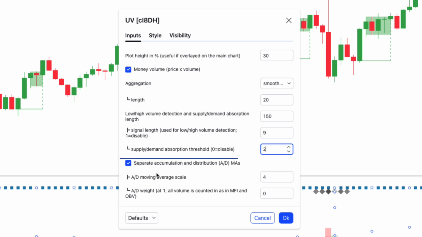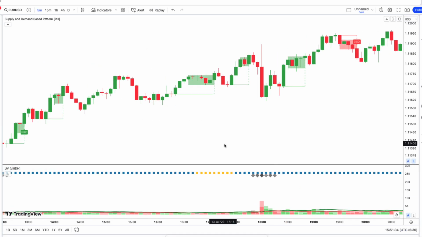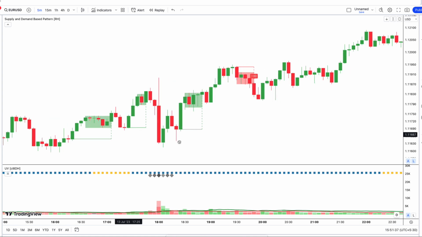Finally, activate the option Separate Accumulation and Distribution and adjust AD Moving Average Scale and AD Weight to 4 and 0, respectively. These settings fine-tune the indicator's insights into buying and selling pressure, a valuable insight for anticipating potential price